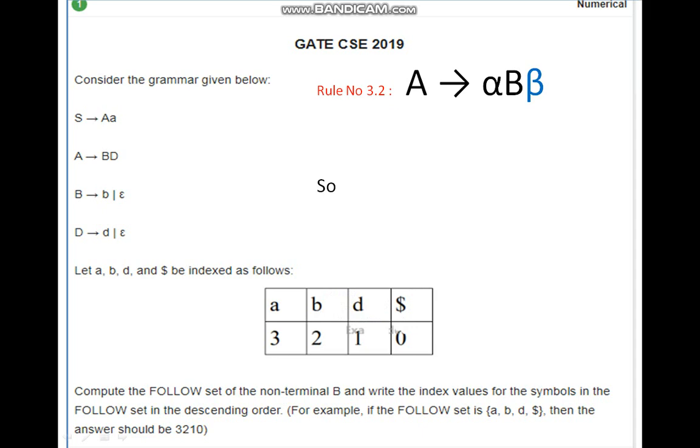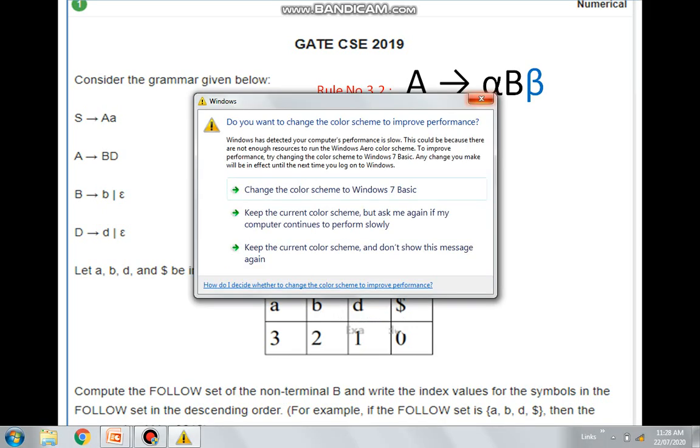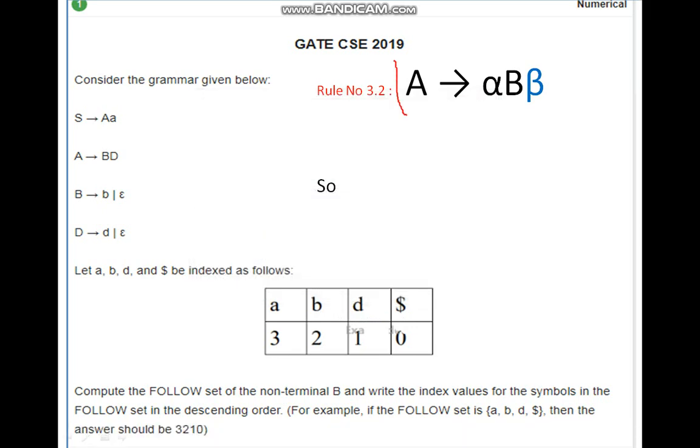First of all, you need to write down the rules. Whenever we calculate follow, you need to only remember this rule. Based on this rule and based on this beta, you will decide which rule you have to follow. I have already shared in a video the 3 rules in order to find out follow of variables in compiler design. If you haven't watched that video, please watch it so that you can easily understand how I am solving this question. Okay, so you have been asked to find out follow of B.